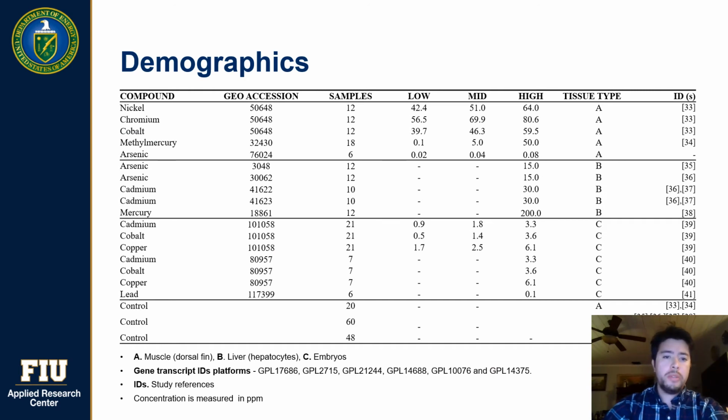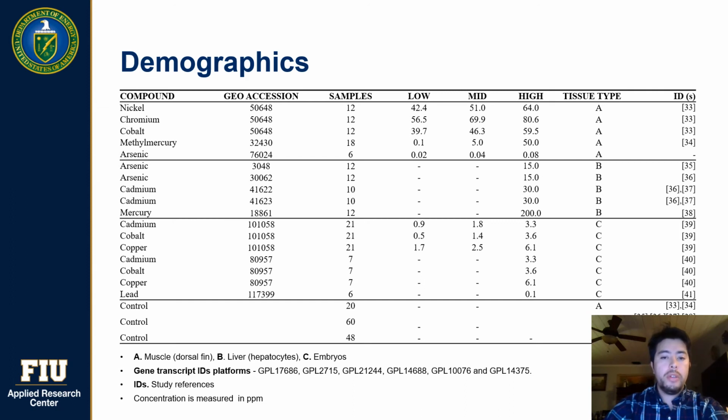Regarding the data that I'm using, this is the demographic table I've created. Several compounds are listed in the left column, going all the way from nickel, chromium, cobalt, methyl mercury, all the way down to lead, copper.